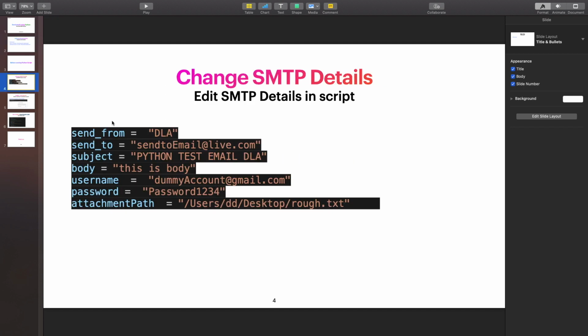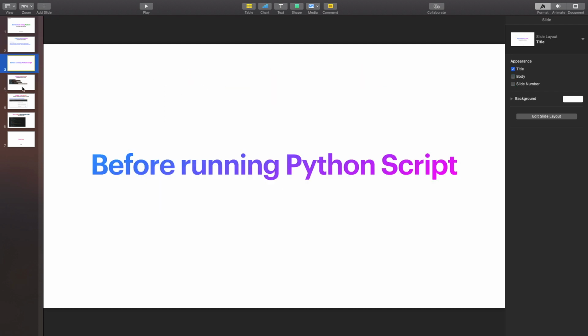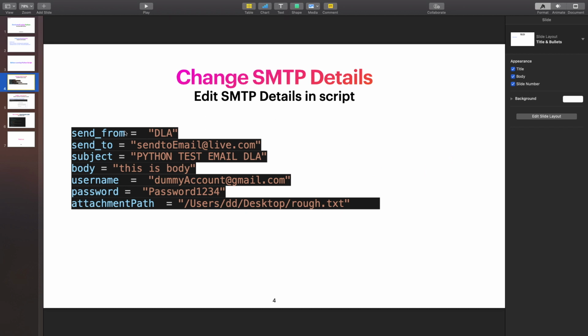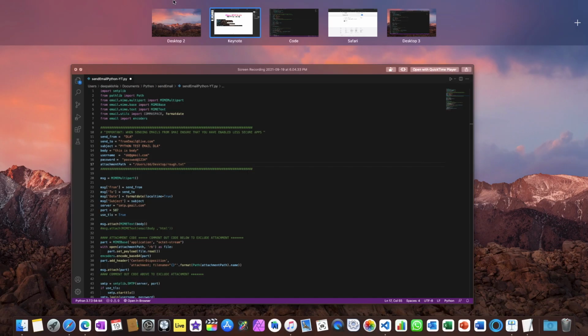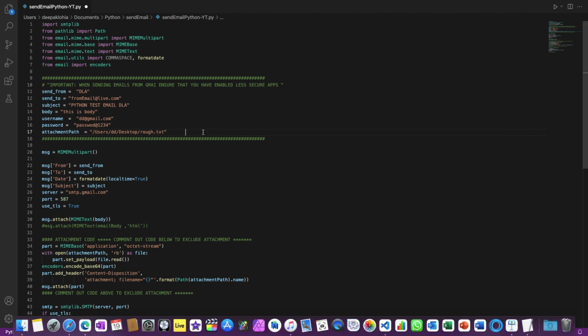Once you have done that, the next step is to change these details. If I take you to the Python script here, you have to change these details. This is the attachment path. If you are not using the attachment, then you can just ignore this one.